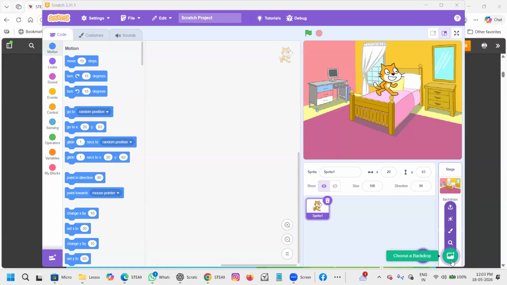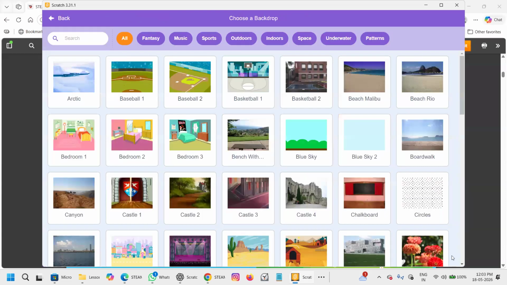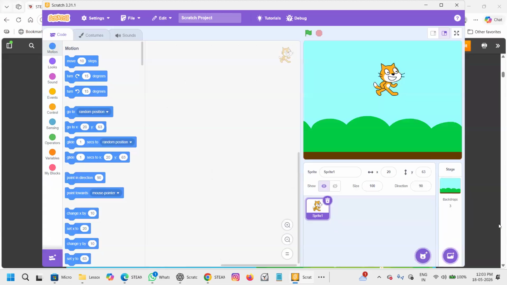I don't know about iPhone, but an Android phone has. When you click on this, you will find many, many backdrops. I can take this blue sky. I can show this also. And I will say the cat is over here.